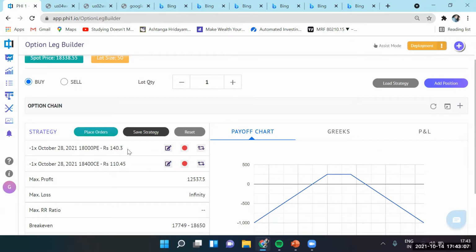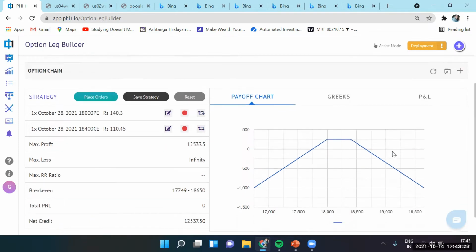So yesterday when I constructed the strategy, it was constructed based on 18,000 being the ATM. So it captured the pattern, and today it's loading based on yesterday's ATM, what it wants to buy, what it wants to sell for the call and the put. And our graph responds to it.